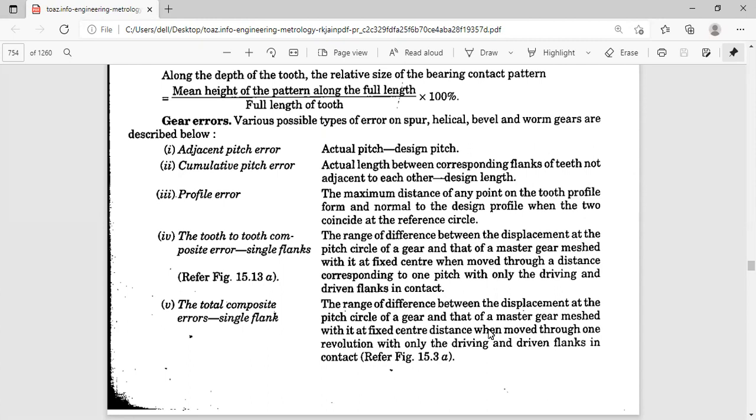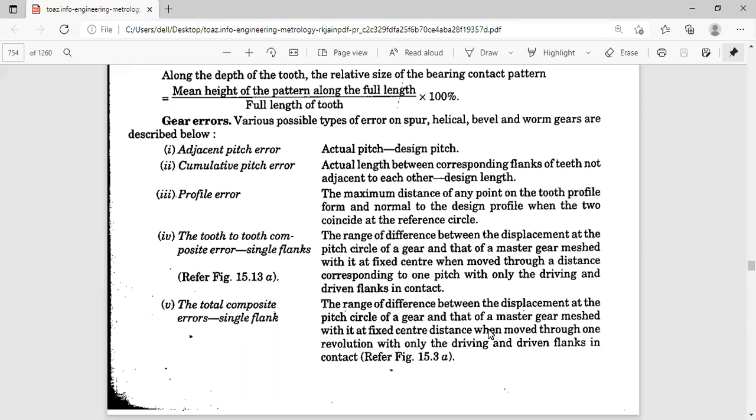How do you calculate the value of the center distance? Previously I told you it is the average of (dp plus dg) by 2, the diameter of the pinion and the diameter of the gear. That's what we are telling, the driven gear and the driving gear. So like that, we fix the center distance, and when moved through one revolution, we'll have that particular driving and driven flanks in contact.